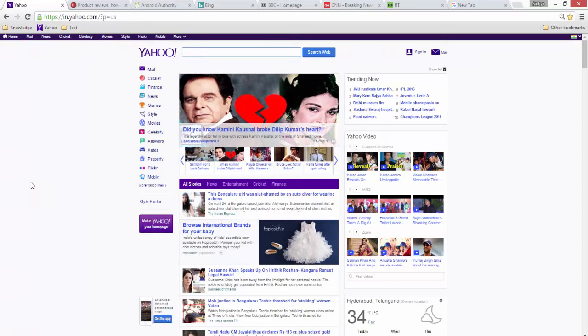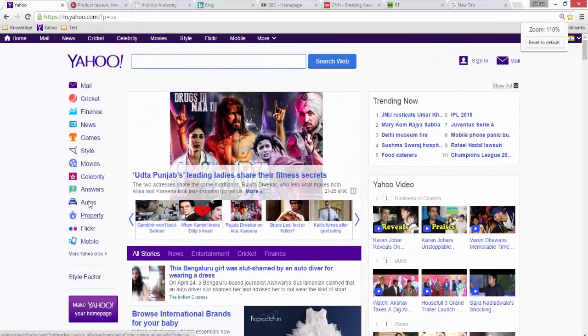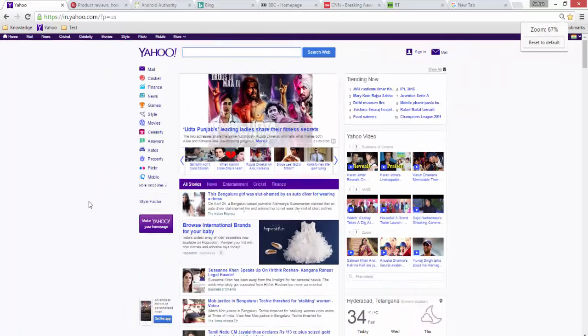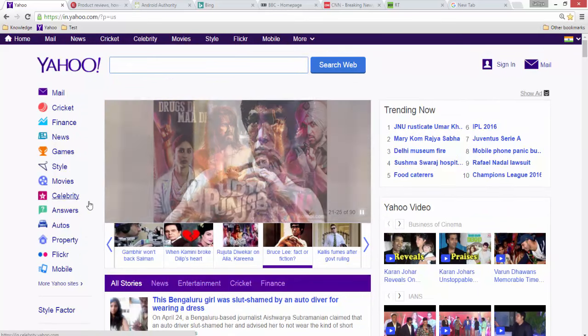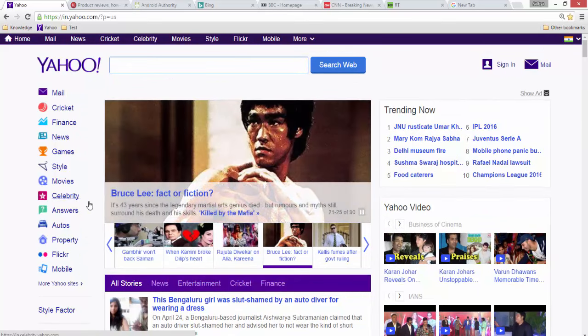In parallel, you can use Control with mouse scroll down and scroll up, so that the page can be shrunk and enlarged using Control and mouse scroll. So these are the zooming options available to us.